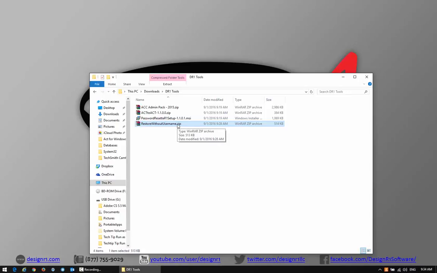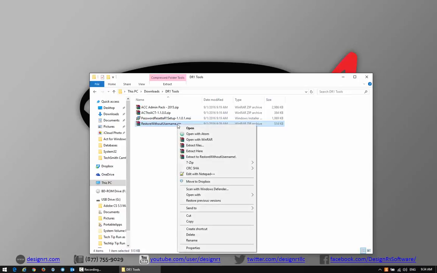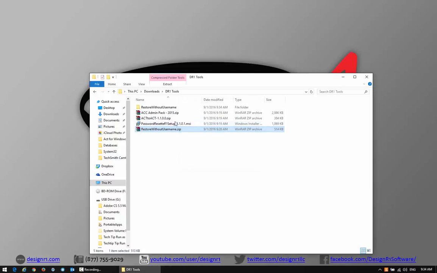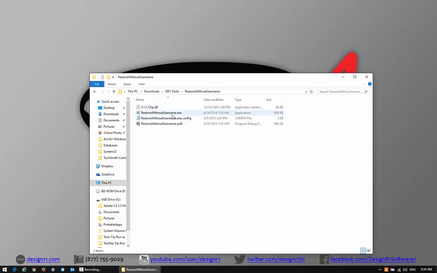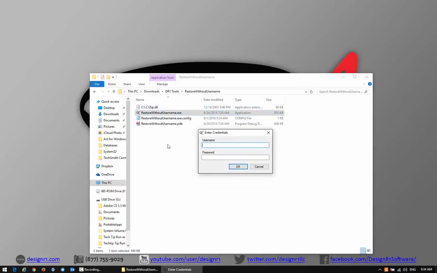So with it still selected, since it's a zip file, we're going to go ahead and right click again, and I'm going to extract those to this folder here. Now we're just going to run the executable, and then this is asking for your ACT admin pack credentials. So while I type these in,